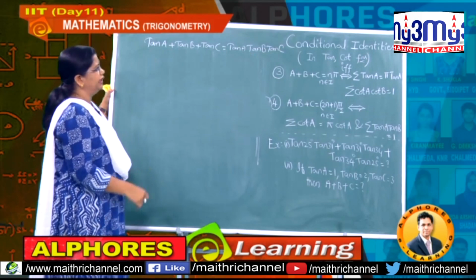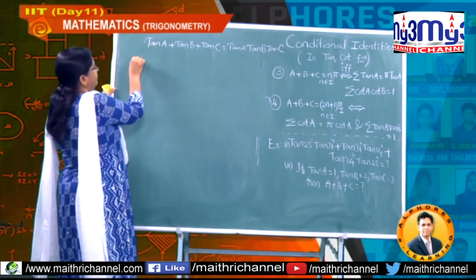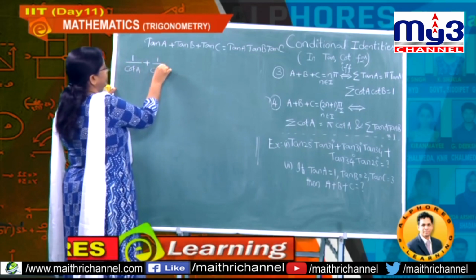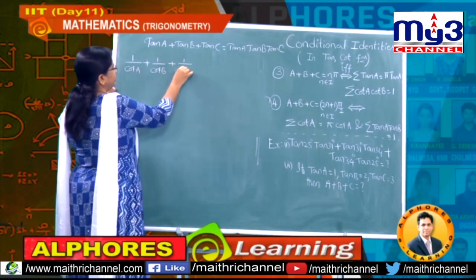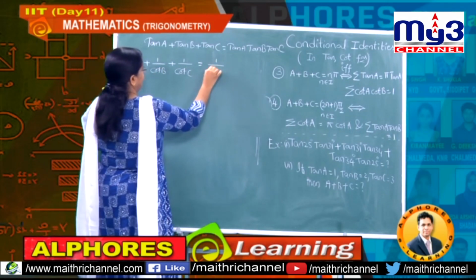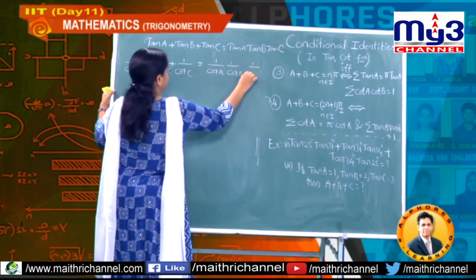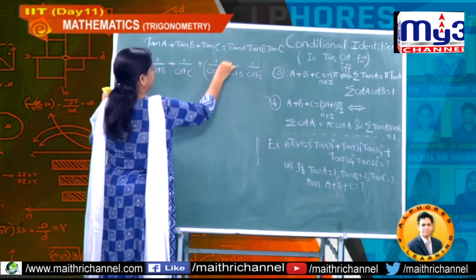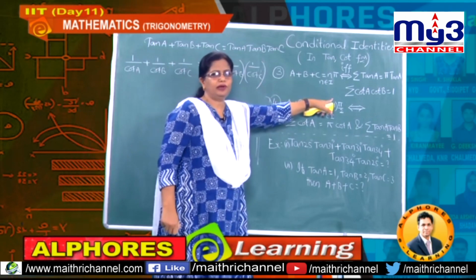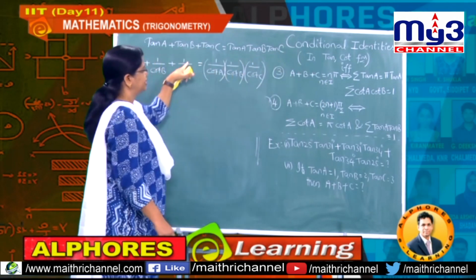Now let us write all these values in terms of cot. That means this is nothing but 1 by cot A, and this is 1 by cot B, and plus this value is 1 by cot C. In the same way, RHS also we write, that is 1 by cot A into 1 by cot B into 1 by cot C, understand students. So this value you got on RHS. As the required result is in terms of cot, we reduce the known value that we have proved just now in terms of cot.